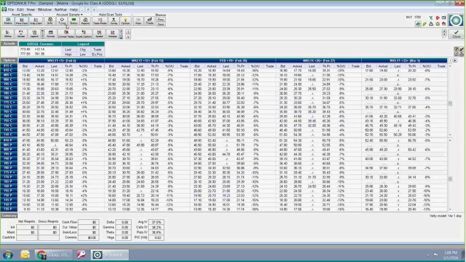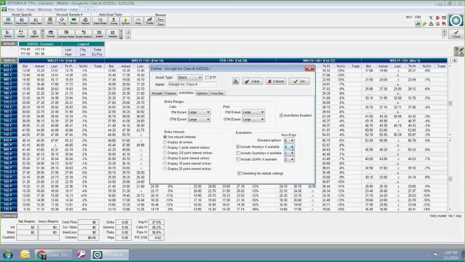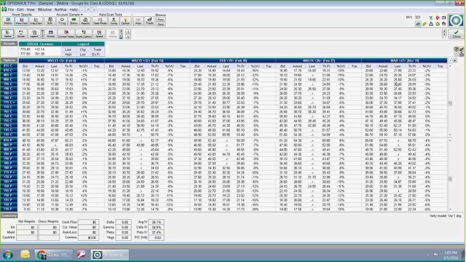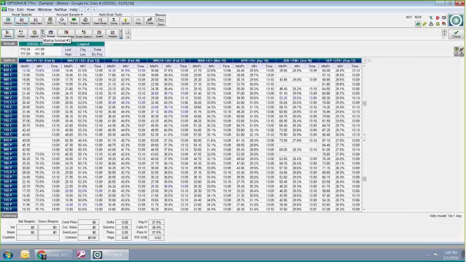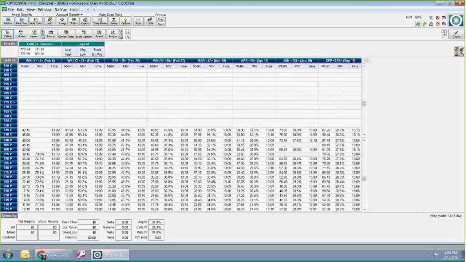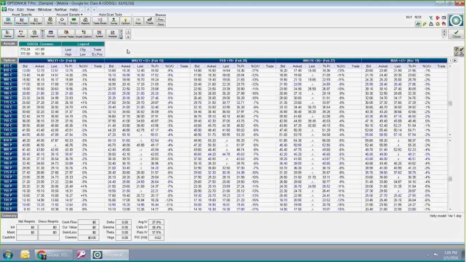Same thing with the number of months and the number of weeklies. Define. If you don't need to see that many weeklies, you only trade very close to the money, you can maybe say, I only want to see 3 weeklies. And you'll see this last one, this weekly one, will go away. I can see February and March in the same thing. That's the thing. The other thing with keeping a small format like this is it allows you to see everything all in one screen. So that's nice. So that's why I am always switching between formats. I get the impression most people don't use that very often.